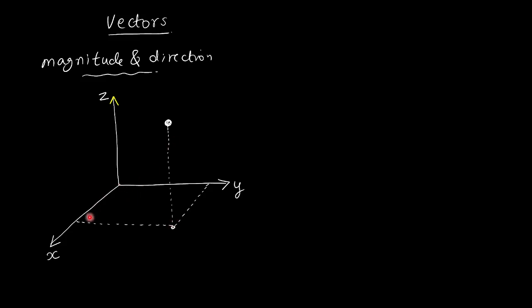On the x-axis, we will mark 1, 2, 3, 4, 5, etc. Similarly, on the y-axis, we will mark 1, 2, 3, 4, 5, etc. On the z-axis also, I will mark 1, 2, 3, 4, 5, etc. Suppose this distance is x, and this distance is y, and the height